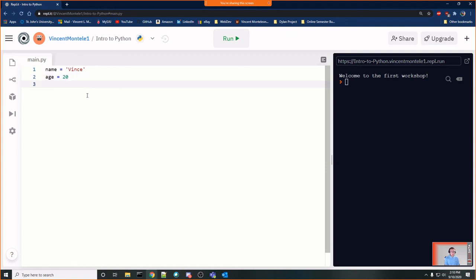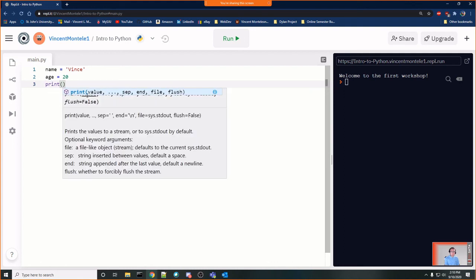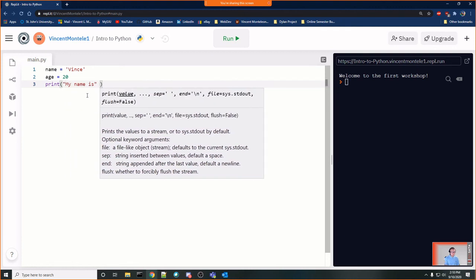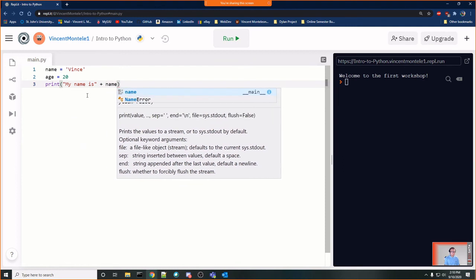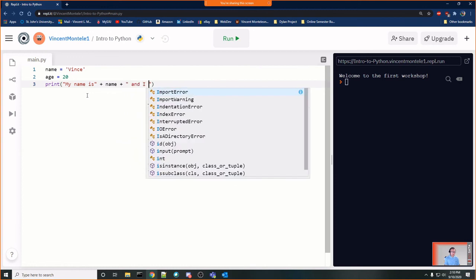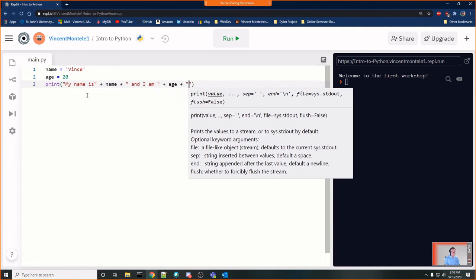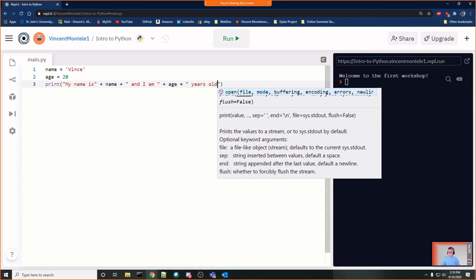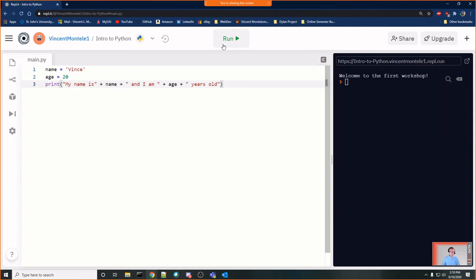And what I'm going to do is just combine these into a print statement. So I'll write print, my name is, I use a plus sign, I'll put name as my variable, another plus sign, and I am, age, years old. Okay, so let me just, okay, years old. If I run this,